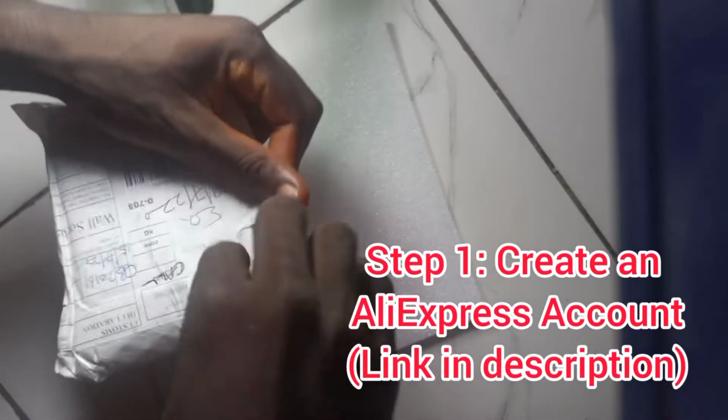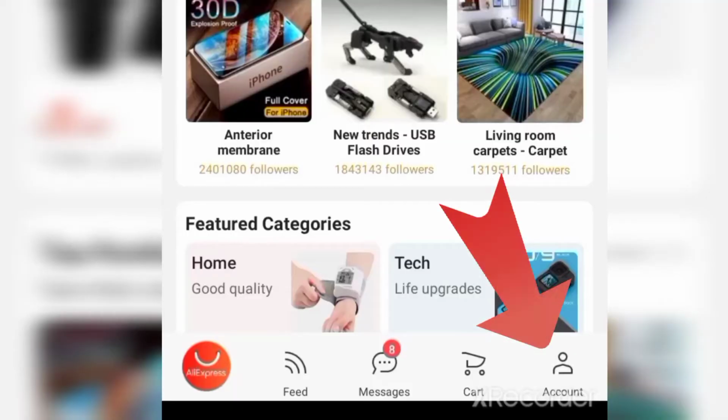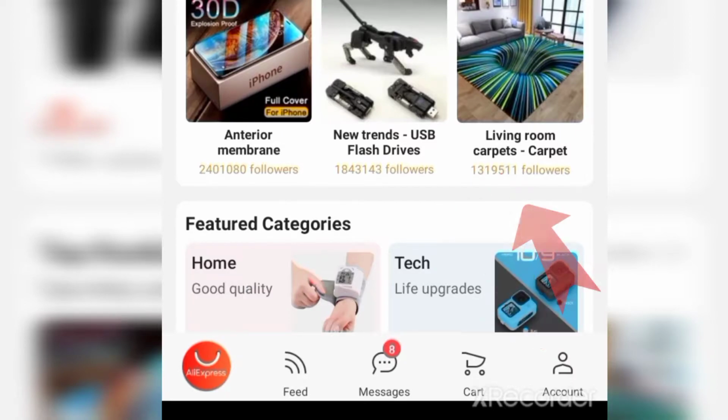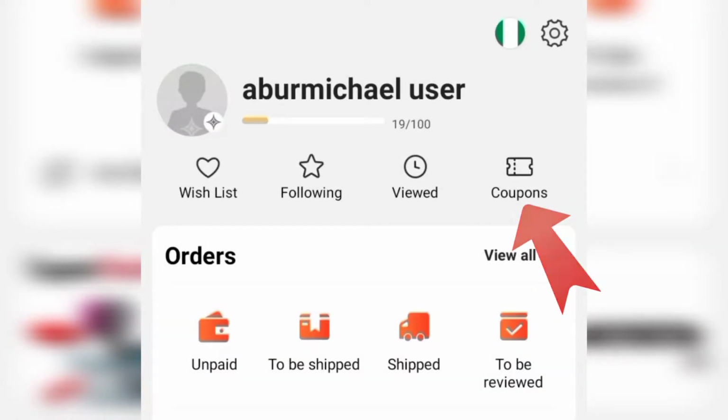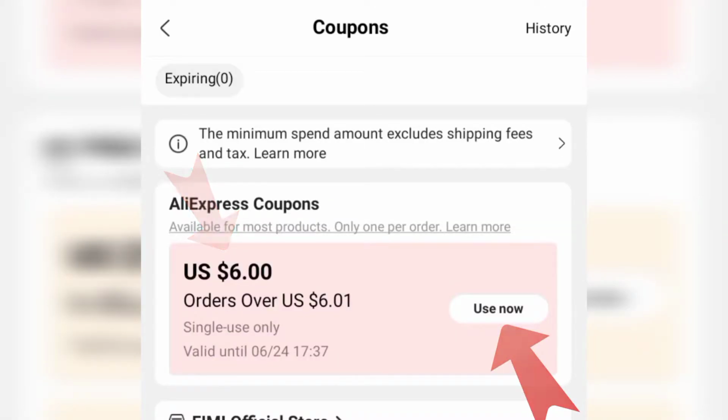Well, first of all, you have to create an account. The account creation process is very simple. To make use of your coupon, visit the account section and then head over to coupons. You get coupons from time to time. This is an old account, so I was given a $6 coupon. As you can see, it can be used on orders over